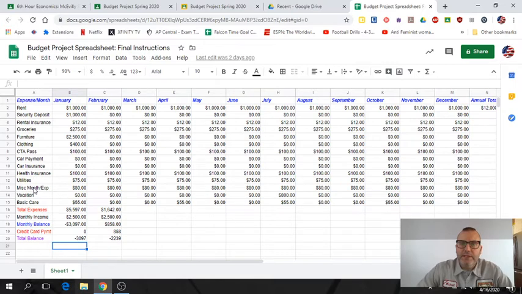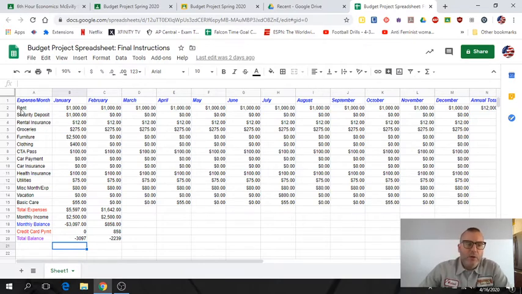What you're going to do today is the grand totals for everything. First off, I'm going to walk you through how to do this. On this final instructions, I've modified my spreadsheet a little bit, so you might want to look below the basic care and change your final items to look like mine. It'll make it easier for you to do some sums where you don't have to do all the calculations by hand. You can let the computer do this stuff.